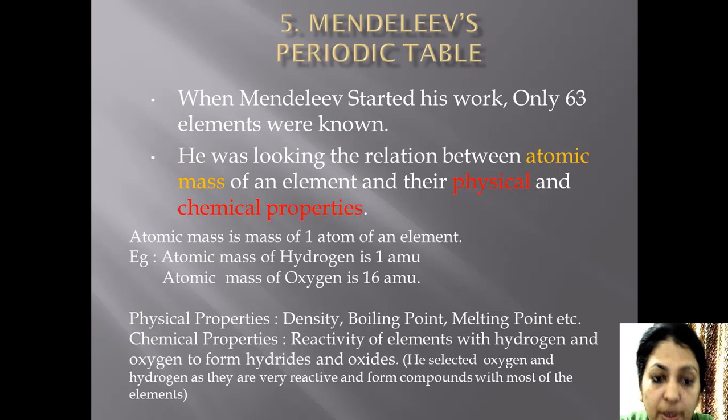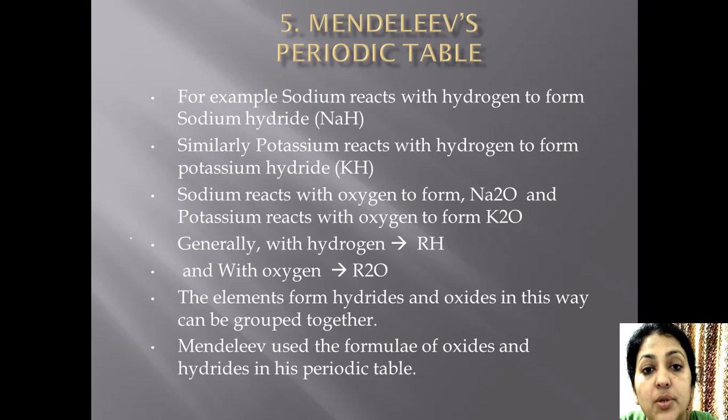For example, sodium reacts with hydrogen to form sodium hydride, chemical formula NaH. Similarly, potassium reacts with hydrogen to form potassium hydride, KH. Okay. And in the same way, sodium reacts with oxygen to form sodium oxide, Na2O, and potassium with oxygen to